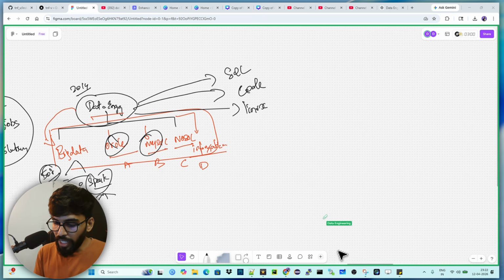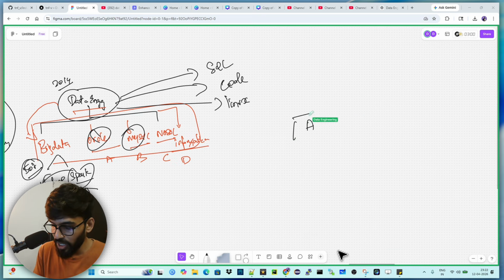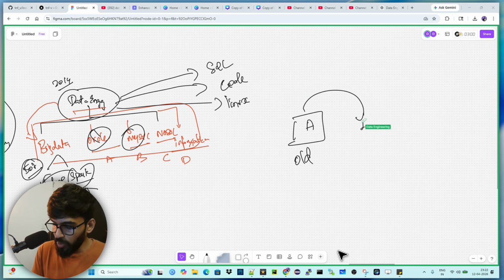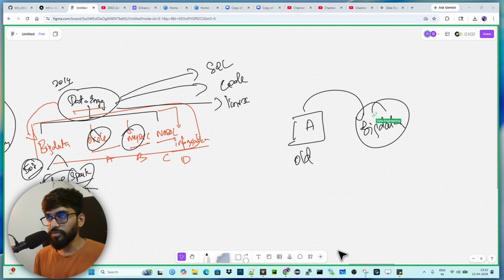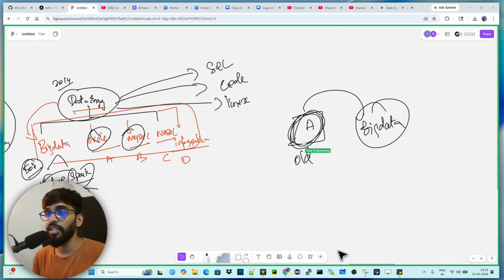Right. And again, to get into big data, imagine you have a project with a technology A, which is your current technology. Imagine this is some very old technology, and you just migrated it to big data, and someone is asking you why you migrated, what made you migrate, right? You can say I have so and so problem, and that was not able to perform in the technology I currently have, and that's why I migrated to big data. You can say it like that. It's not about having to meet a specific criterion with respect to volume. As I told you, volume is one of the problems, it's not the only problem.